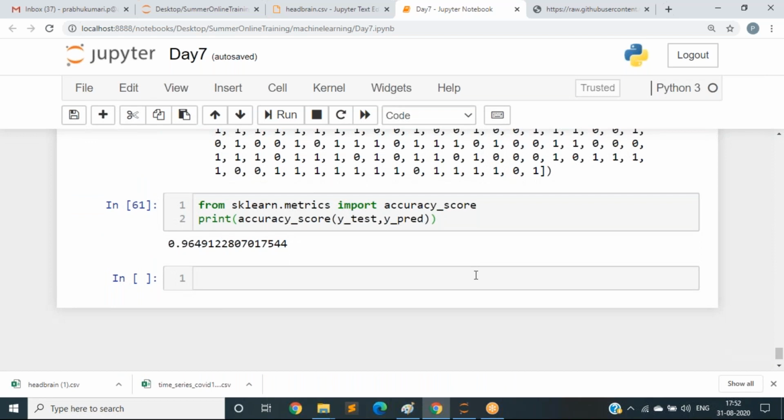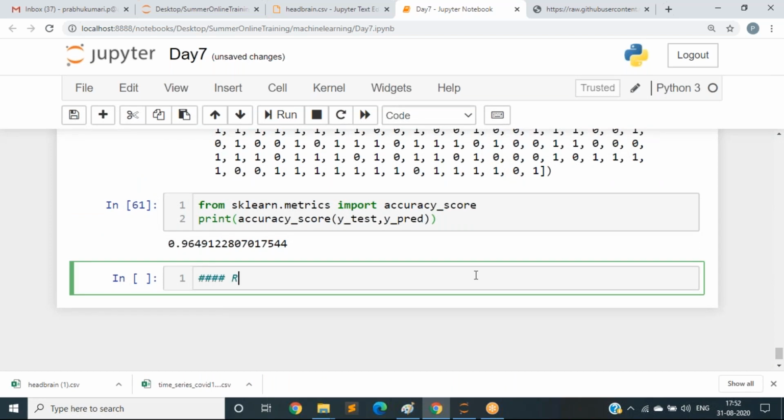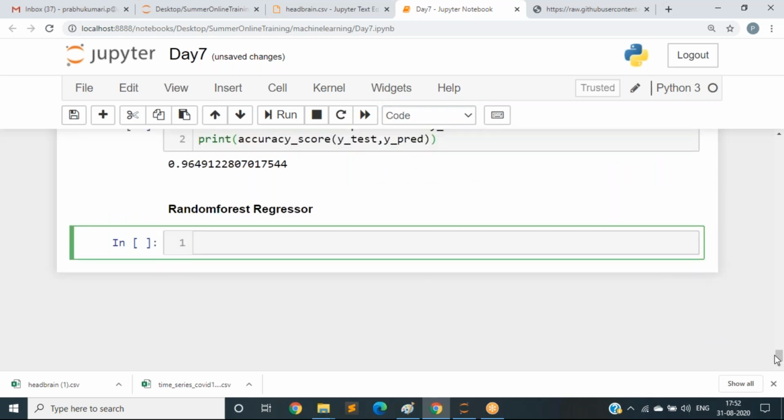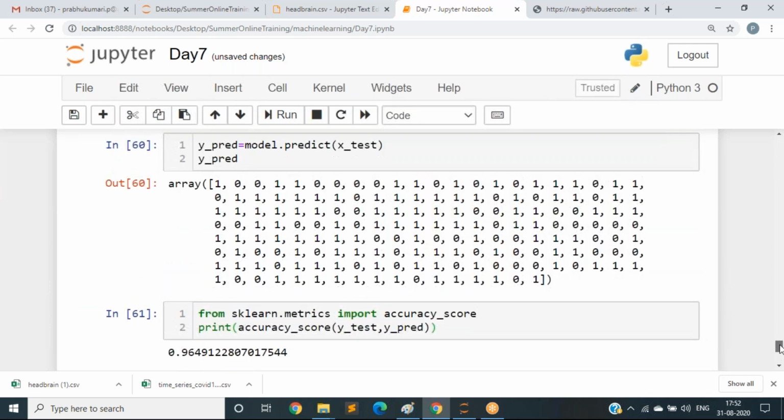Okay, random forest regressor. Don't think that I started before 5 minutes; it will be completed within 5 minutes.